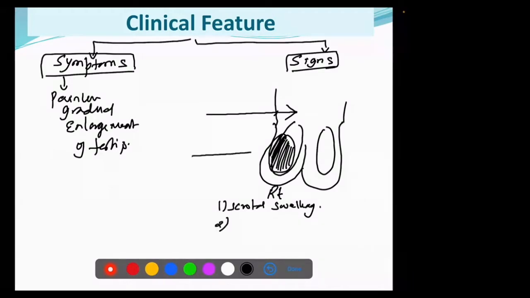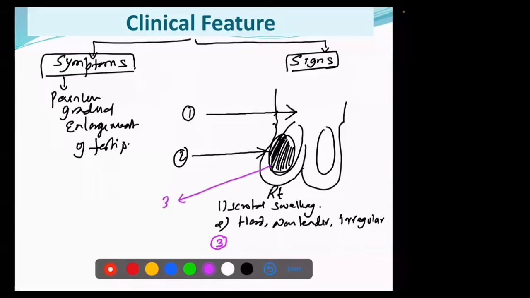If you feel this tumor, then the tumor will be hard, non-tender, and irregular. See, this testicular tumor is solid, right? This is not a tumor containing fluid. So whenever there is a solid tumor, we don't find fluctuation positive or transillumination positive. What is that? Fluctuation is negative,